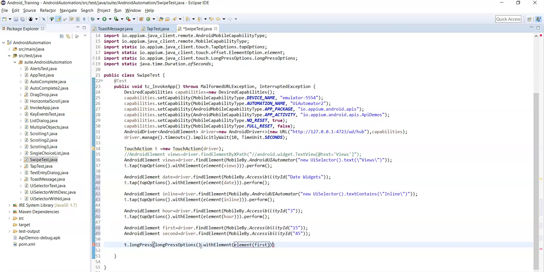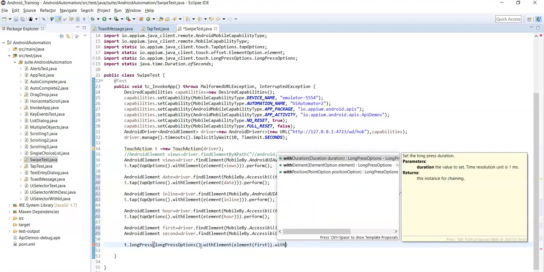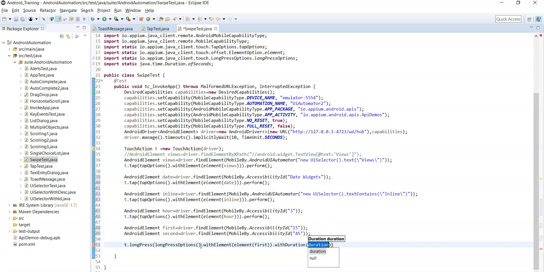Now duration, dot with duration, so how many seconds you want to long press on that element. So of seconds, of 2. Previously we have seen this approach, right, to perform long press.